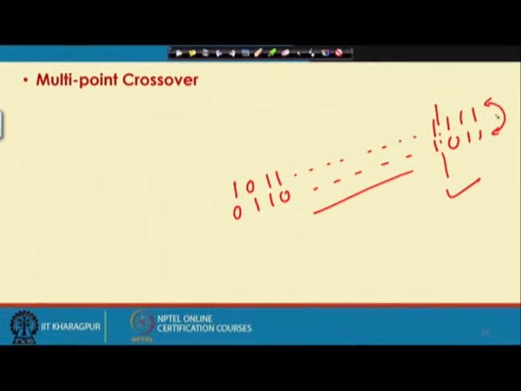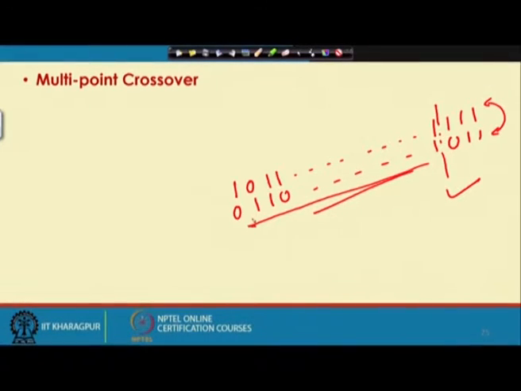And if we just follow this particular principle of single point crossover, there is a possibility that in the children's solution there will be no change, no diversity due to this single point crossover, because on this particular left side, the bits will not change. So, we may not get the required diversity in the children's solution compared to the parents.